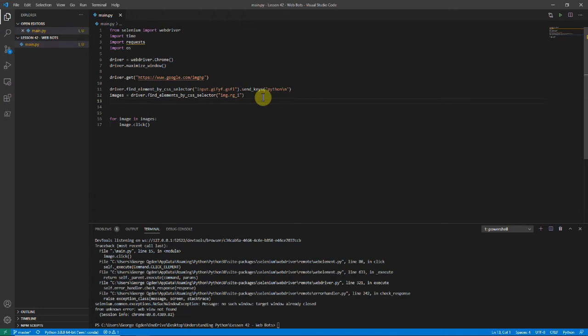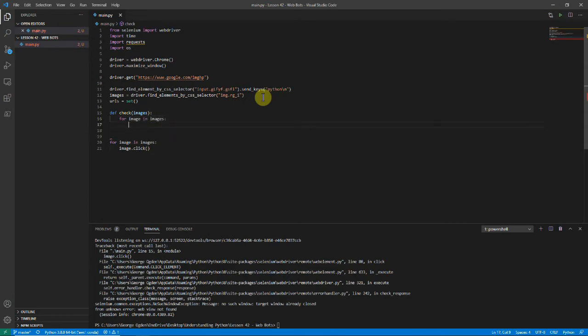So when we look through the images, we want a list of URLs because we're going to download these images afterwards, and we'll save it as a set so that you can check if something is in it more quickly. And then we want to check the images, and these images are going to be a list of images that we find with that specific class. And we'll just loop through the images,